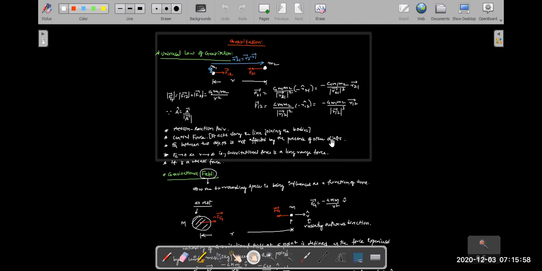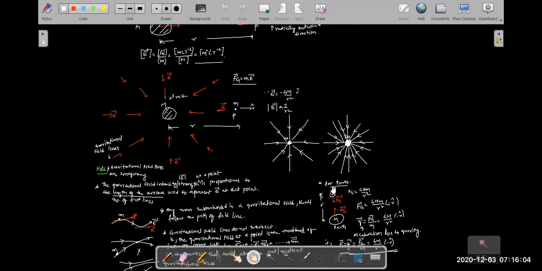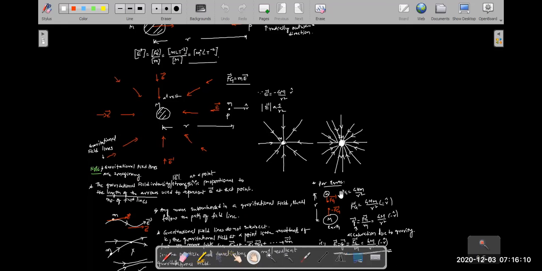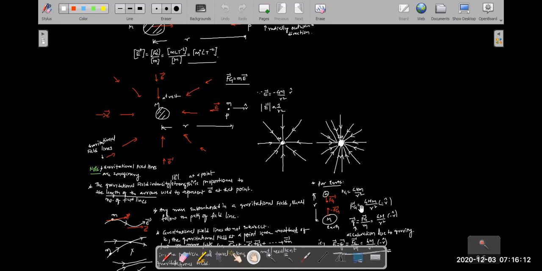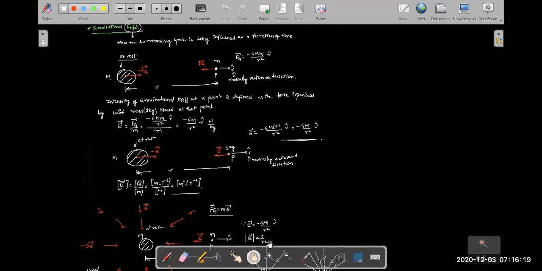In yesterday's class, we saw the universal law of gravitation, and then the idea of the gravitational field. We found that the gravitational field due to Earth is nothing but the acceleration due to gravity, g bar. So this was the idea of gravitational field. Clear? Now today